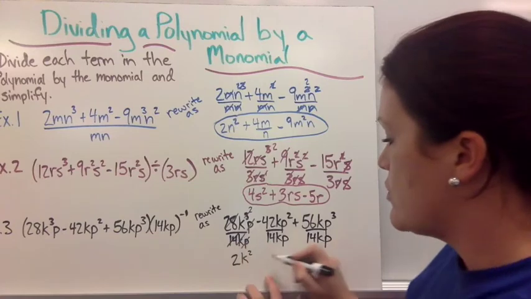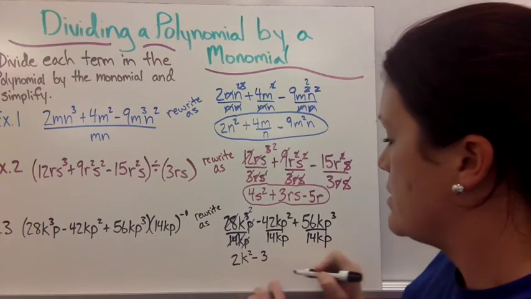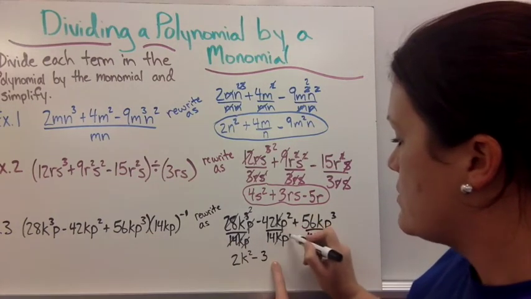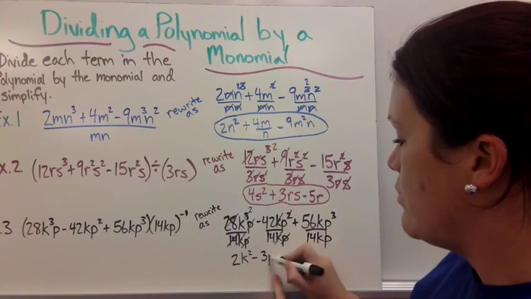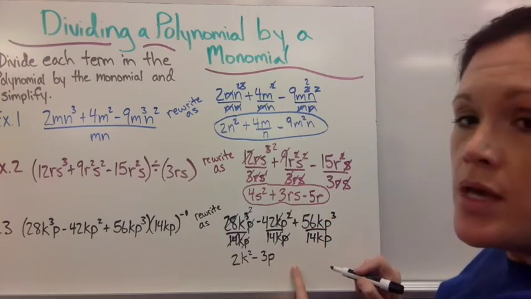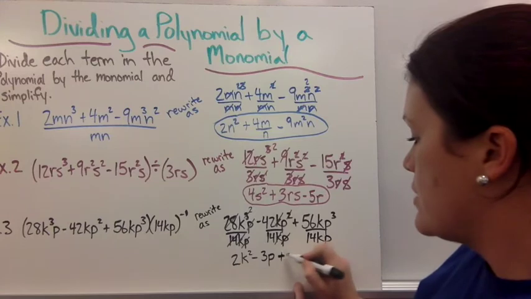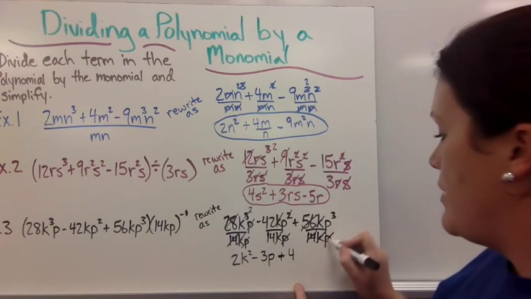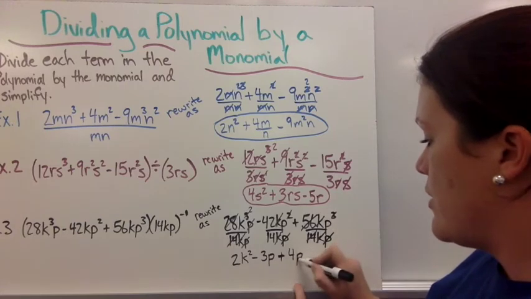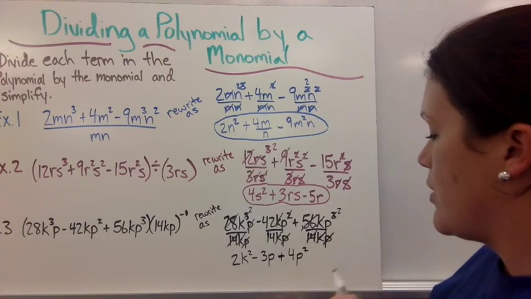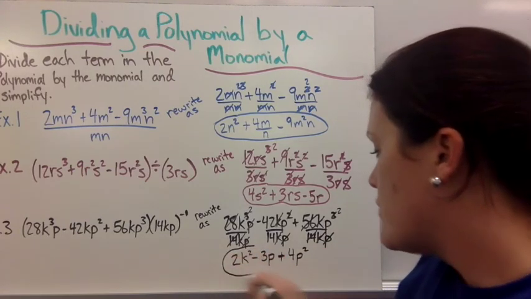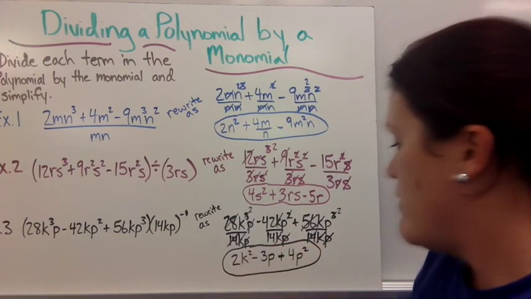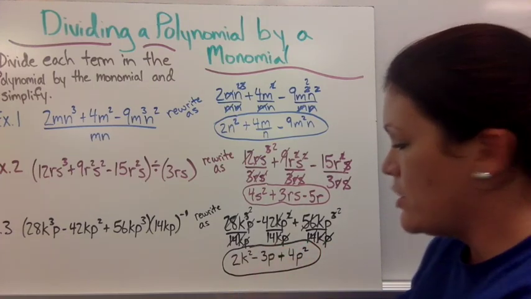Minus 42 over 14, so that divides to be minus 3. K would cancel out, and P would take away one of the ones in the numerator. Then 56 divided by 14 would be 4. K would cancel out, and P would take away one of the ones in your numerator, so you'd be left with P squared. So then you have your simplified form of that one. And you just double check that nothing you have right there could be